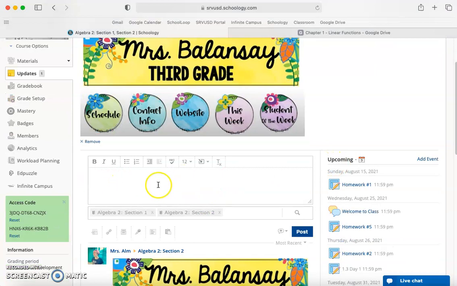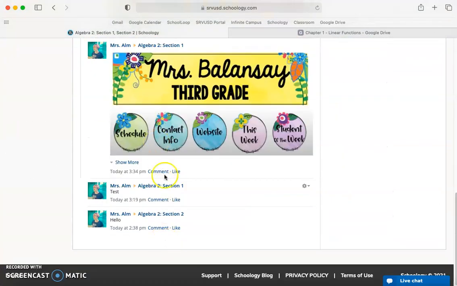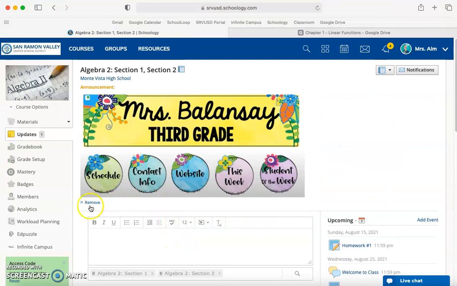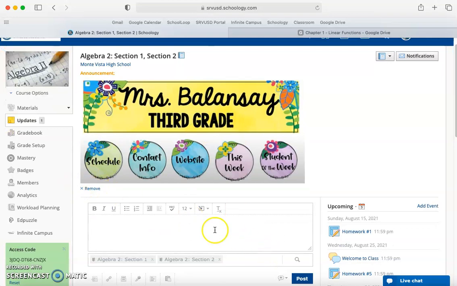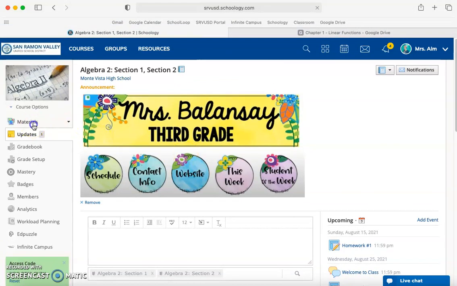You can still post additional updates and they will show up in the feed. And then you can at any time remove something that you've pinned. You can only pin one thing; once you pin something else, it'll replace this. So keep that in mind as you're trying to decide on how you're going to set this course up. Last but not least, I do want to just point out,